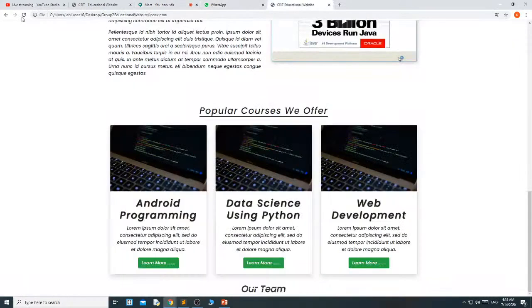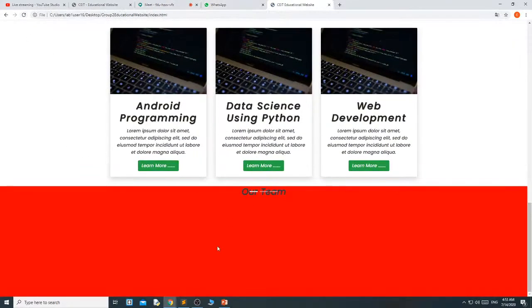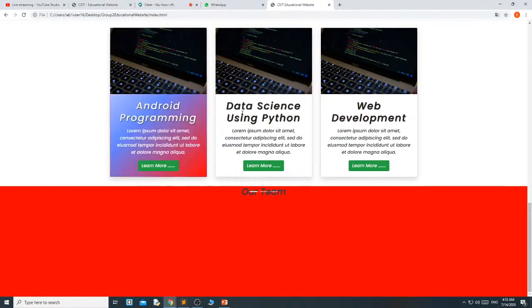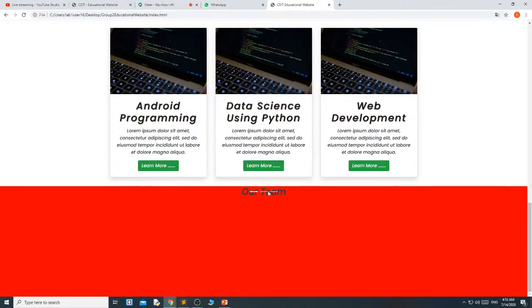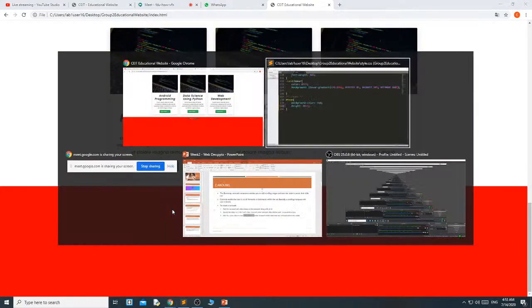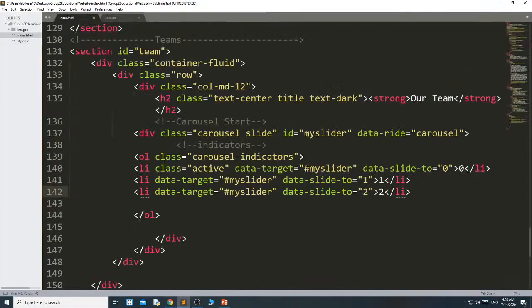Okay. See, now you can see the 3 lines, but the first line is active and the other 2 are fading color. Okay, means we have created the carousel indicator.